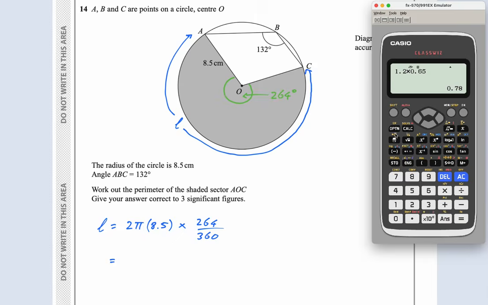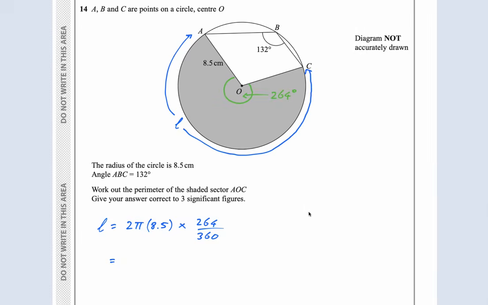Okay, so it's 2 times pi times 8.5 times 264 over 360. So it's 117 over 15 pi, but let's just write it as 39.165. 39.165. Now I'm not done, guys, because the perimeter